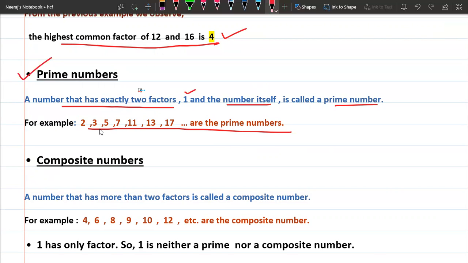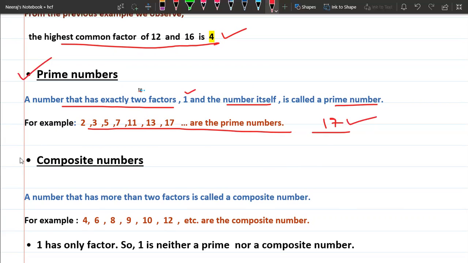You only need to understand that if the number has two factors, for example, if I am randomly taking a prime number, that is 17. So 17 has two factors because we can write 17 in two ways. 1 into 17 is 17 and 17 into 1 is 17. So 1 and 17 are the only two factors of 17. That's why it is called a prime number, right?